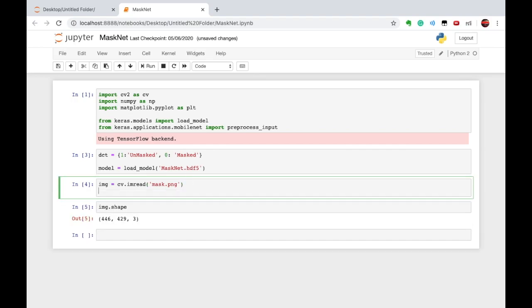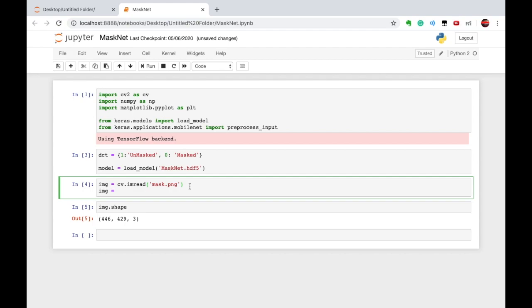Okay, so it is loaded, and after that I have to convert this BGR image into an RGB image. Whenever you import any image in OpenCV, its channels will be changed. Initially the image is in RGB format, but after importing it, it will be converted into BGR format.